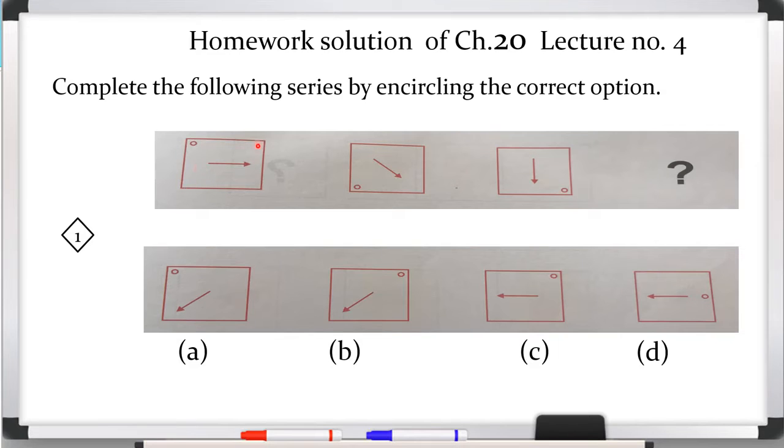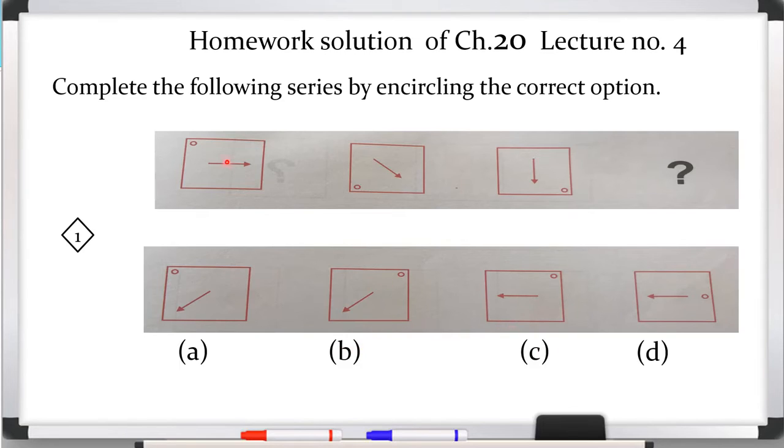Okay, so here in this figure you can see this is a rectangular shape and here in between the arrow is given and one circle is at the top of the left side. Okay, then in second figure this circle comes down to the left side of this figure. Okay, and in this figure it comes at the right side, bottom part. Okay, now it should be at the top part of right hand side. Okay, so here the top part circle is in two options, in option number B and in option number C.